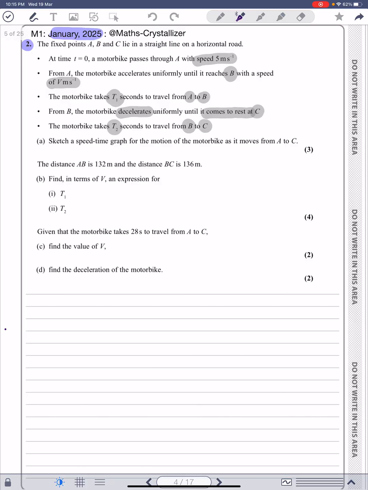Once I read the question, dear students everywhere, I have to recognize what chapter or which topic this is. It's very clear, the speed time graph. So in part A, he wants us to sketch a speed time graph for the motion of the motorbike from A to C for the whole motion. So part A,